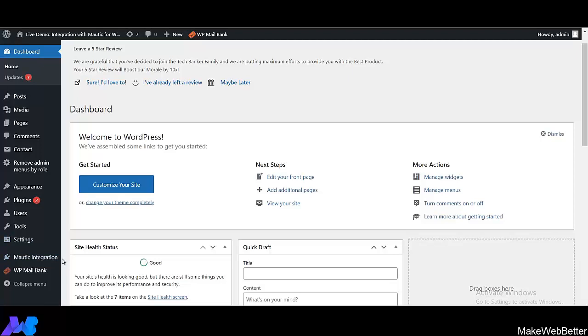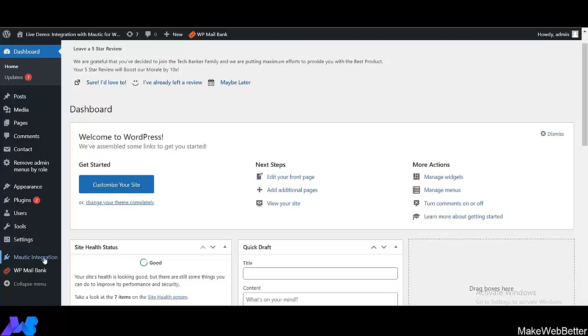If you haven't downloaded the plugin and installed it on your WordPress website yet, I have mentioned the link in the video description that will help you download the plugin. Moreover, if you face any query or problem during the plugin setup, you can put your query in the comment section, right? We'll be glad to help you, and if you need any kind of assistance during the plugin installation, you can put your queries right in the comment section.